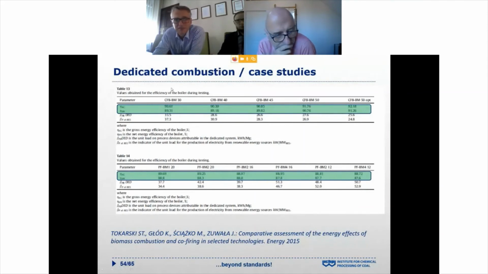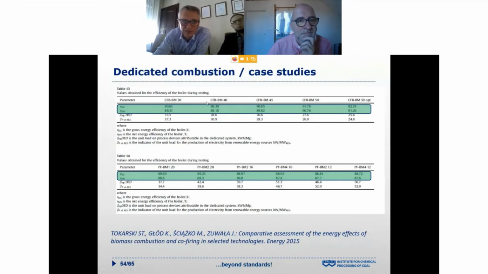It's again plus minus 1%, only depending on the biomass sort, not on the biomass share, because we have 100% of the biomass in all of these cases, but depending on the biomass sort. So again, the answer to the question how the efficiency behaves should also take into consideration the kind of biomass which is introduced. So the same boiler, 100% biomass this time, but different fuels and also different boiler outputs. So the levels of the boiler rating all